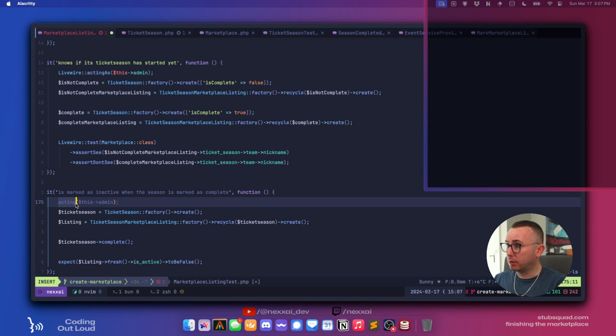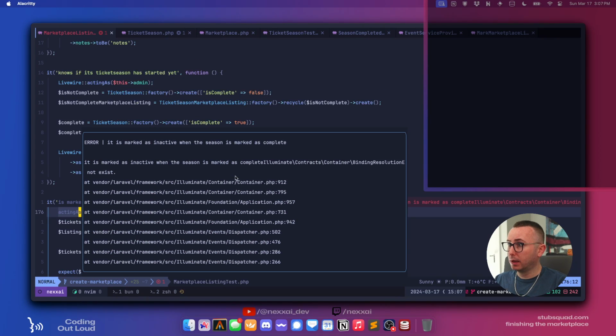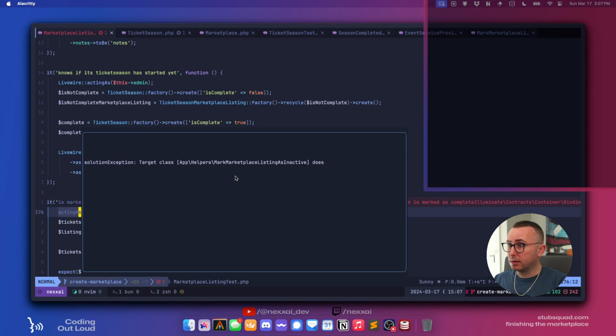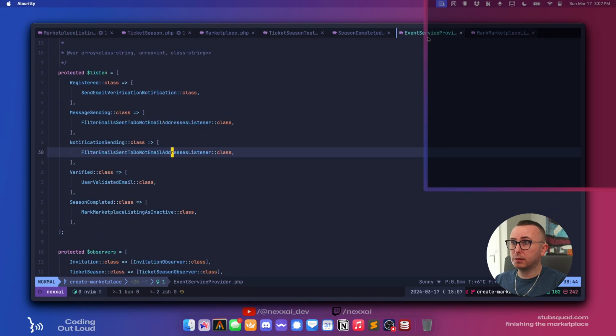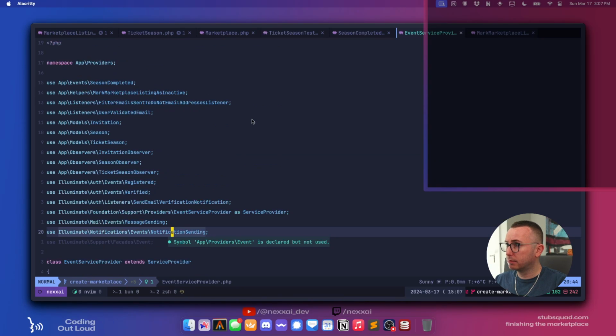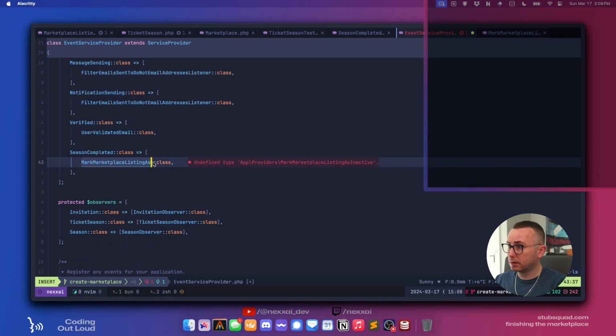Right, because we have to import that as a function, Pest. Okay, target class does not exist. Where is that happening? In our event service provider, where is that not happening? Right.